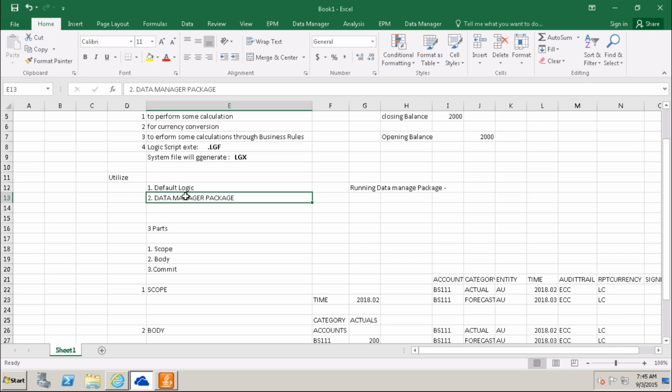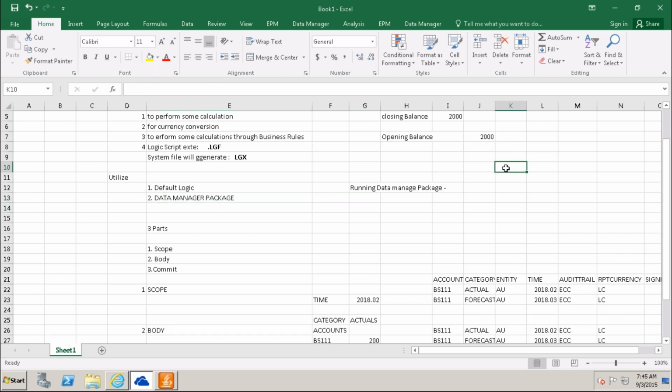Once you have loaded the actual data, you have to trigger the data manager package.